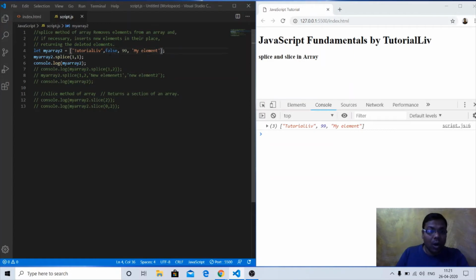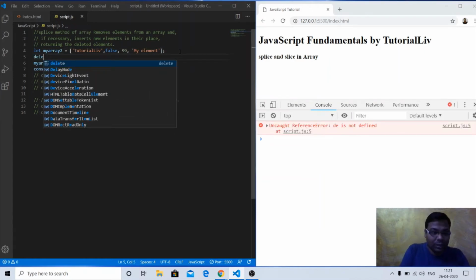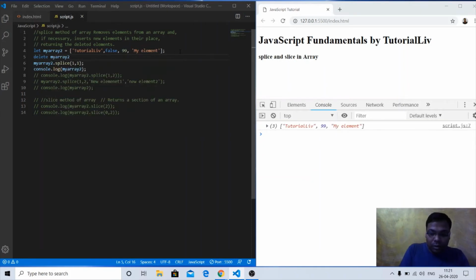How can we do it? If we use the delete method, we can do it using delete also: delete my array 2 and the index in the square bracket, which will be 1. The syntax will be something like this. What it will do is create an empty hole in the array. But if you want to do the same thing using the splice method, I can use this splice method: from the first index, one element I want to remove. Let's comment out this, and it will return an array without that element which is on the first index of this array, without creating any empty hole.